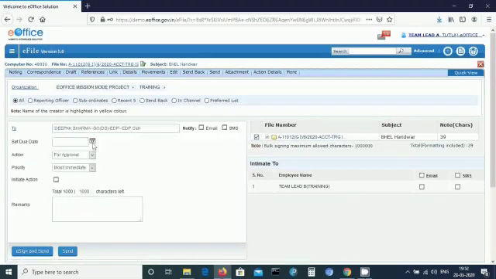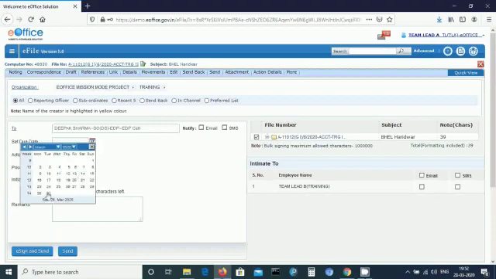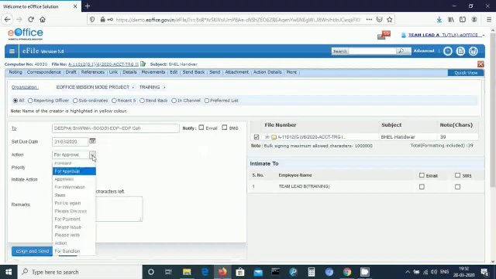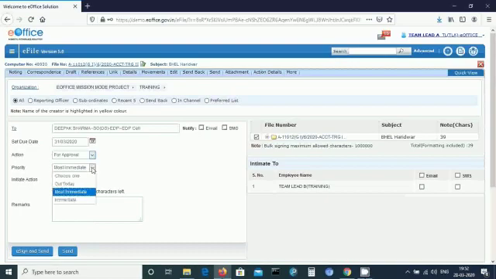If you want to set a due date, then a notification will come on the due date reminding you that you have sent some file for a purpose. The notification will come here. Action for approval, priority: you can select the priority, out today. Initiate action: by selecting this checkbox, you are able to see the file moving from person to person. Now send this file.